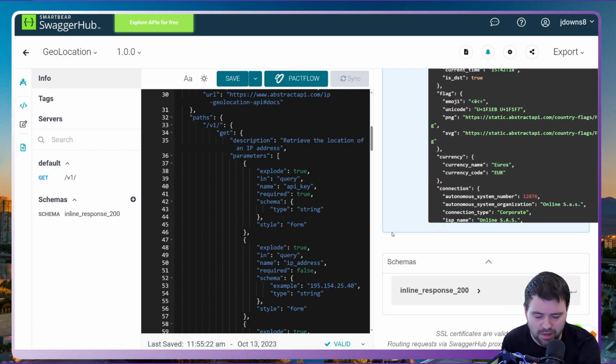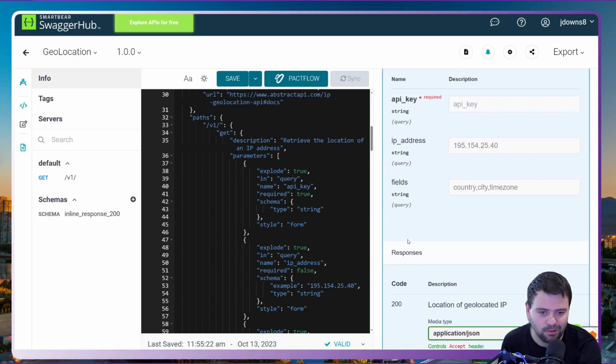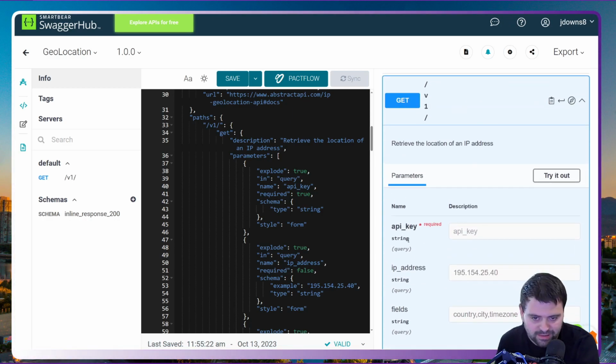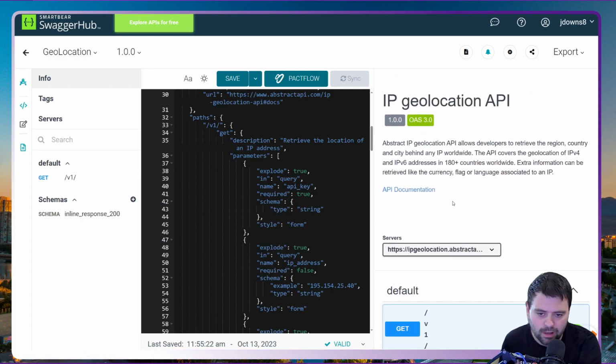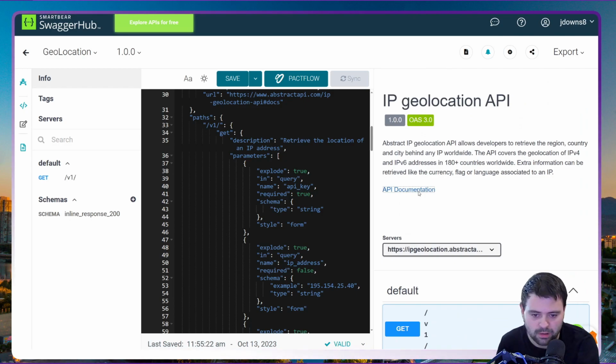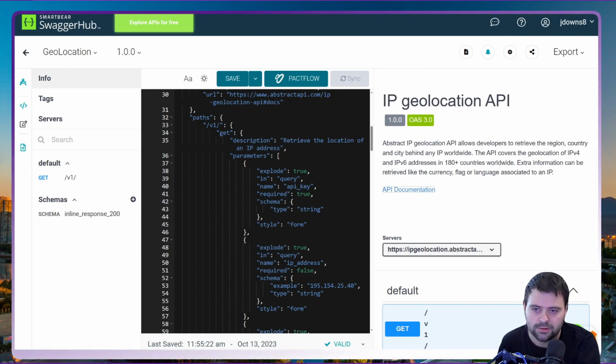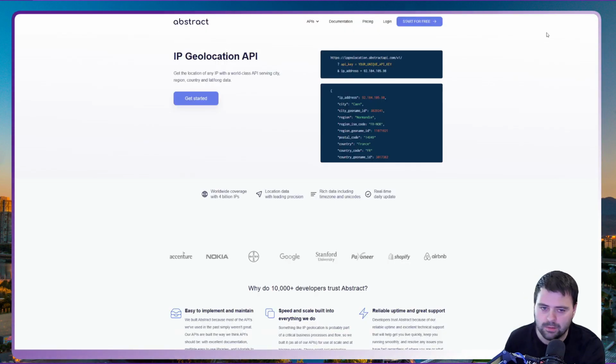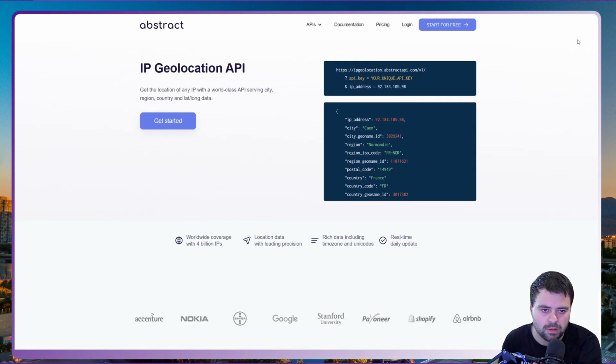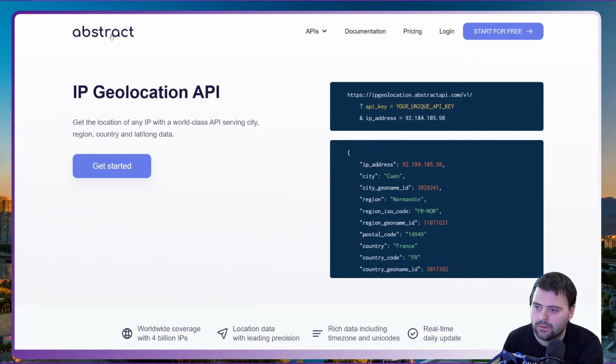So really cool. I love that. And I don't use this enough. I think this has been available for a long time. So what we do need, to make this API work in the first place, is this API key. We don't have it available to us, and the way I thought I would get to that information is by reading the documentation. So there is a website here which we can go and look at, run by Abstract, and